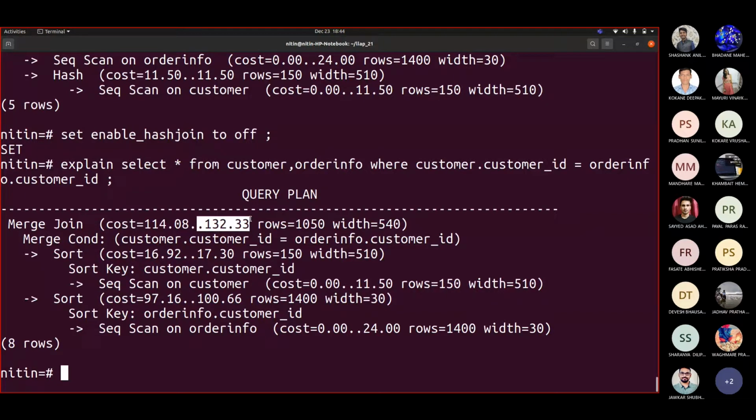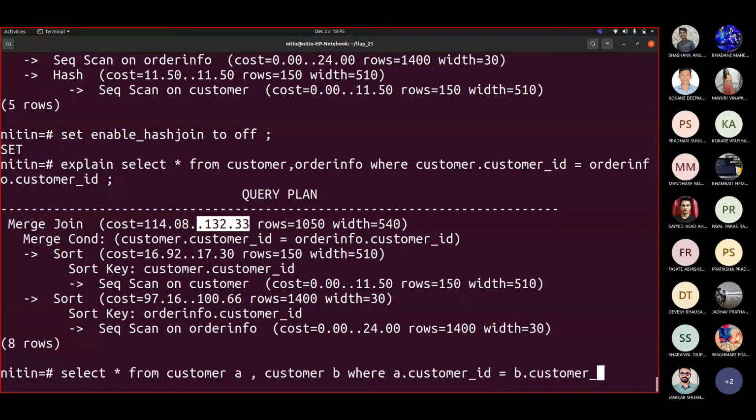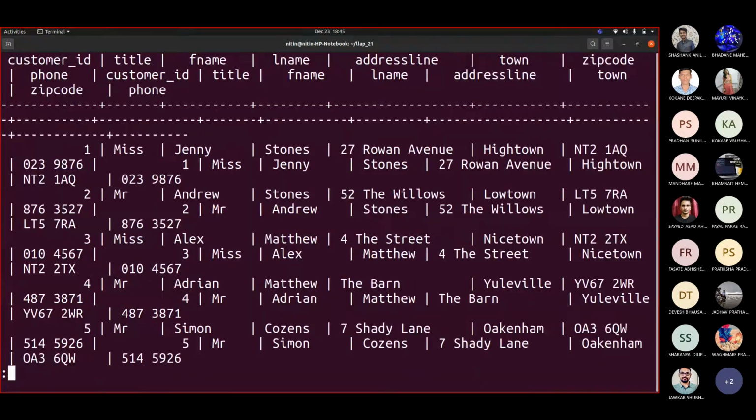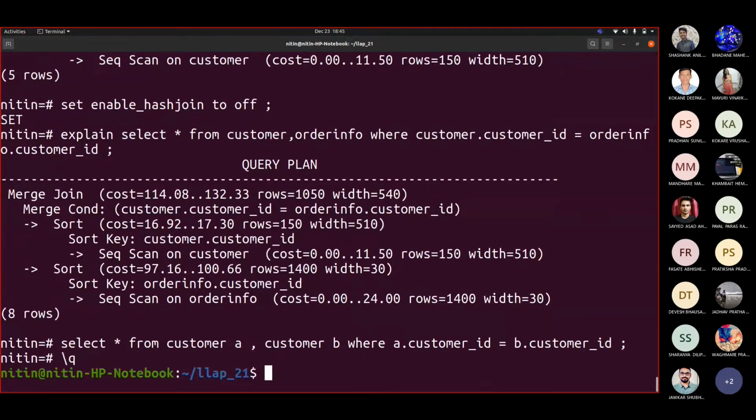Is that fine? So what happens if I write select star from customer A, comma customer B, where A dot customer ID equal to B dot customer ID. Correct. So let me quit.